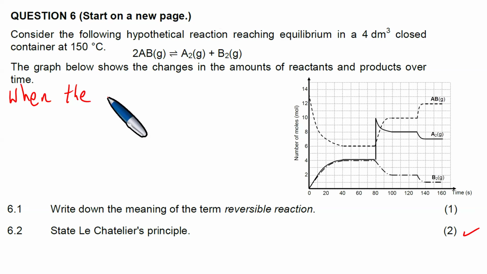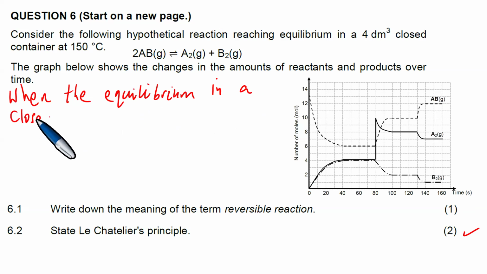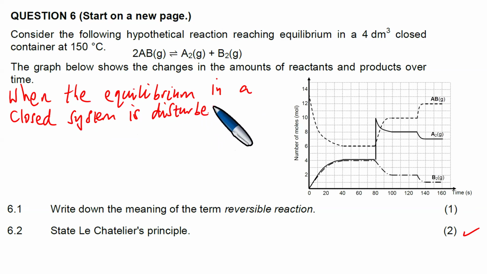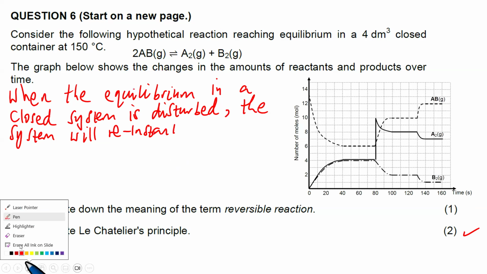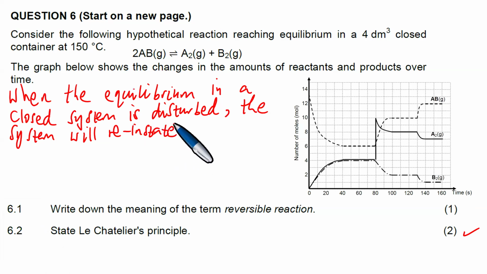When the equilibrium in a closed system is disturbed, the system will reinstate a new equilibrium